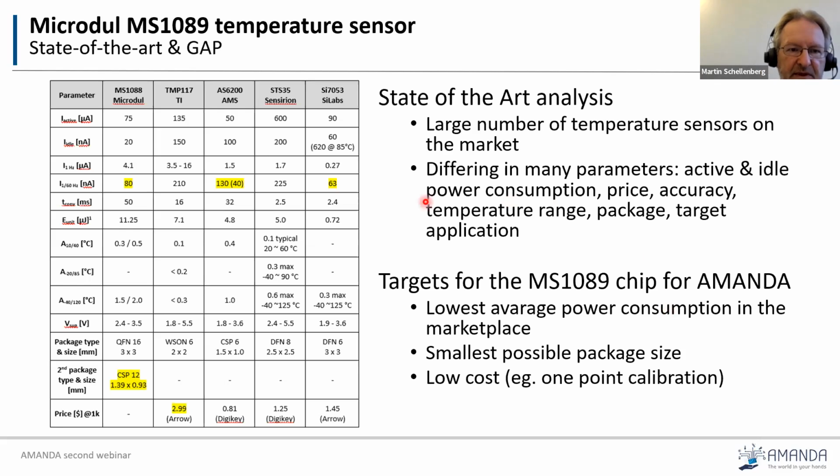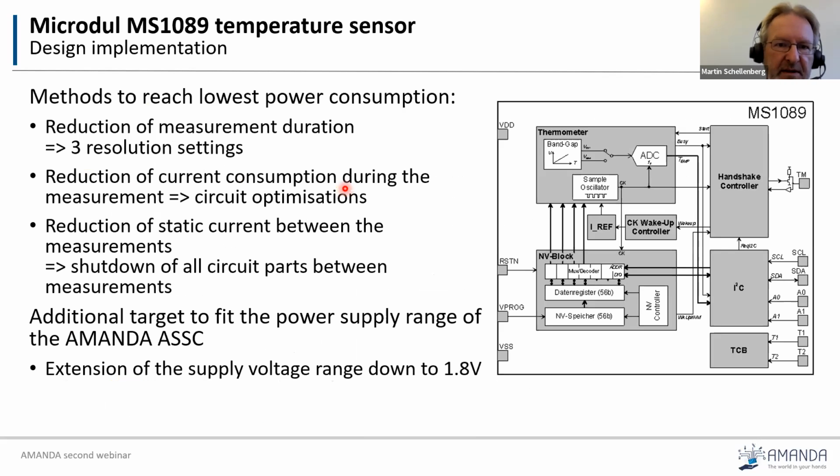So as you can see in the table, we looked essentially at a relatively slow measurement rate of 1 measurement per minute, and wanted to beat all the market in average power consumption. So we're talking here about nanoamperes, so that's already quite low. Now, what were the methods to reach this low power consumption? Basically, we had 3 approaches. The first one, we introduced several resolution settings. So with 3 resolution settings, we were able to get a very good accuracy for the calibration,